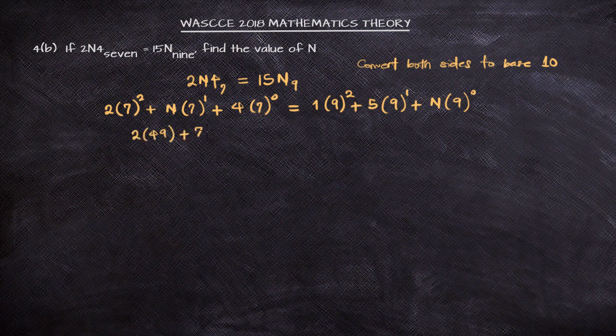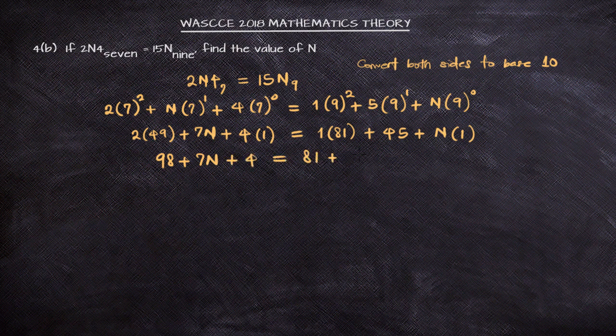If you are to open the bracket, now a silly mistake to do is to say 4 times 7 is 28. No, but here we're having 7 raised to power 0, and any number raised to power 0 is 1. So here we have 4 multiplied by 1 and not 4 times 7. And 9 squared will be 81. 5 times 9 will be 45. Plus, again, we have n multiplied by 1. Any number raised to power 0 is 1. So if you are to open our bracket up